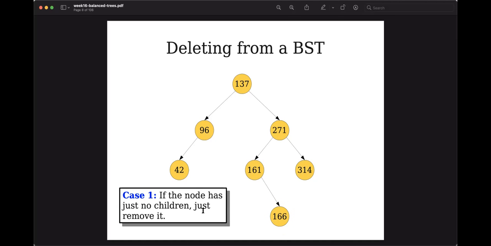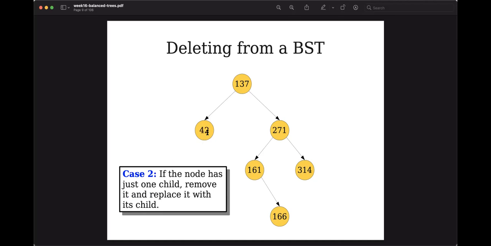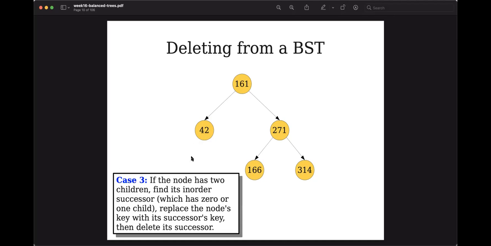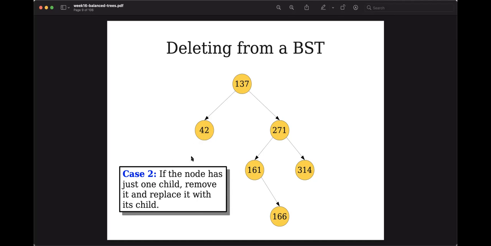Now, if we want to delete something that has children, like 96, we'll basically remove that and then replace it with its child. You have a single child, okay? And then if we are going to delete something that has 2 children, then we actually have to rotate the tree. As you see,